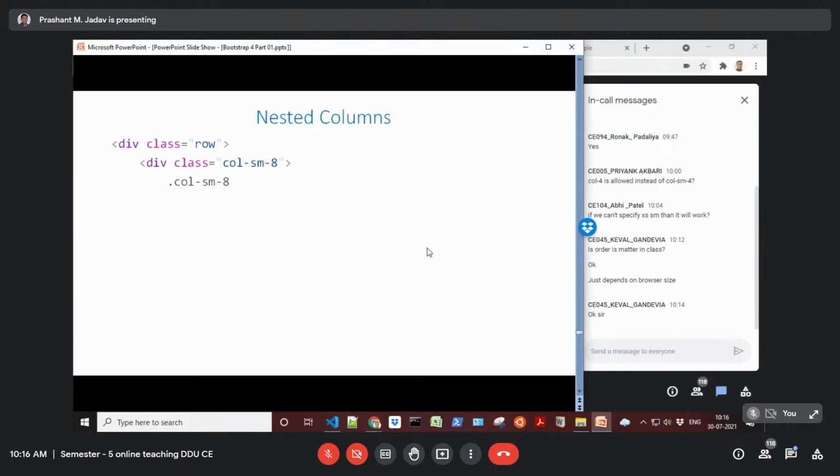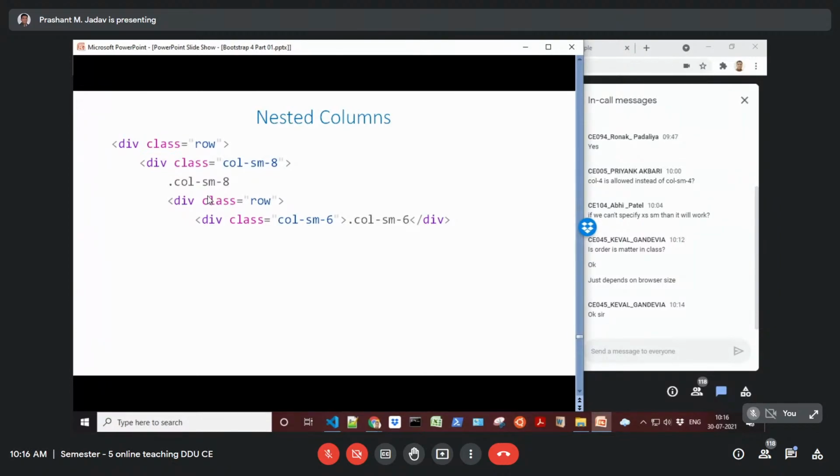And like a normal tabular format, you can also have the nesting of columns. Within a column, you can also have a row. So it is not necessary to go for only one level; you can go for any level. You can nest a row inside a row, and within a column divide it again into a grid.